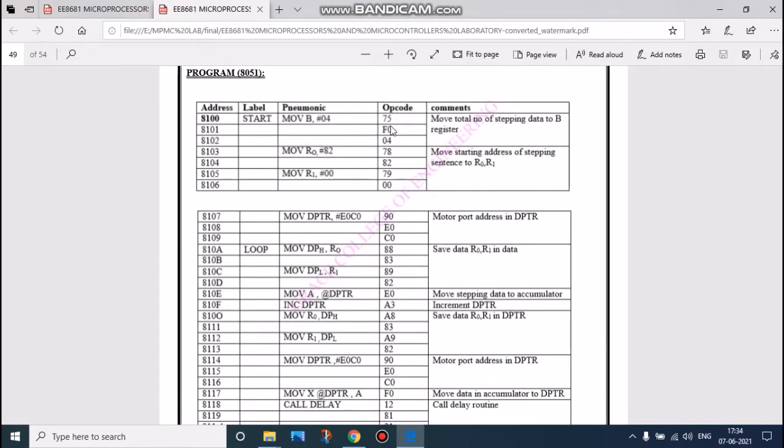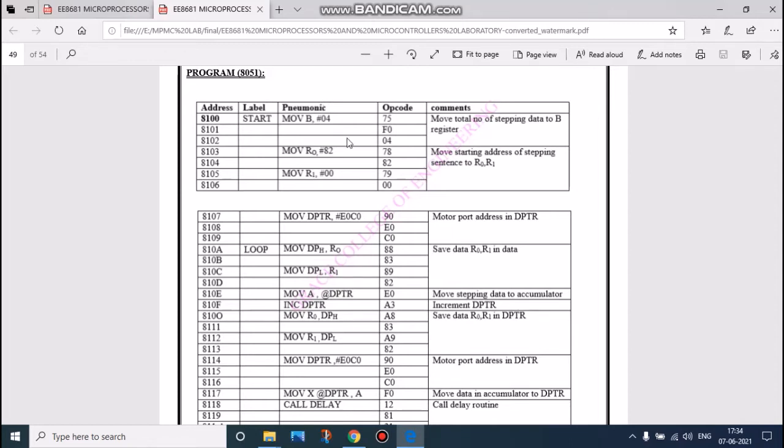Now we are moving this 4 value to port register B, and we are giving the start stepping sequence. In the microcontroller, the good thing is that after the hash we can give the direct value into the register.